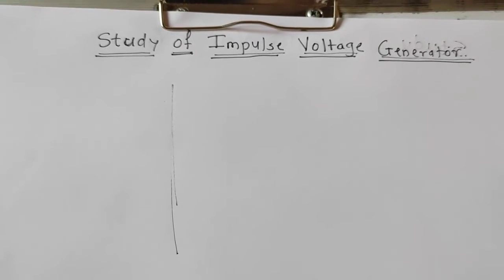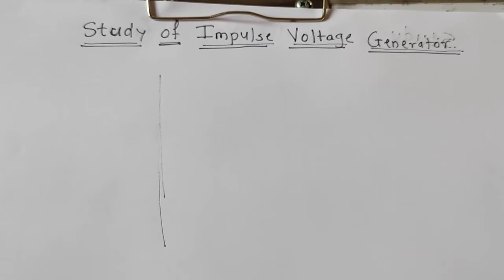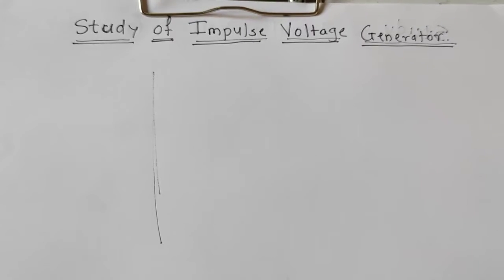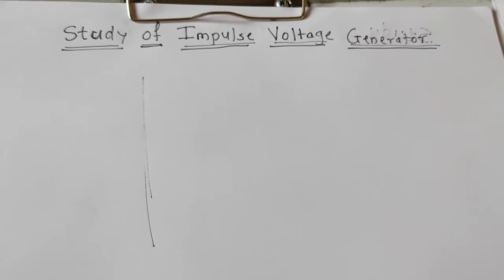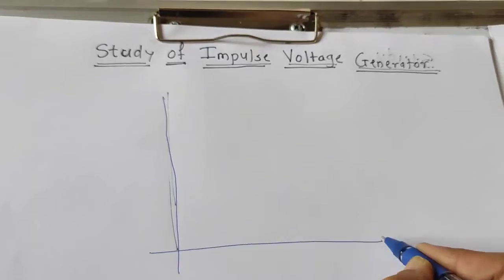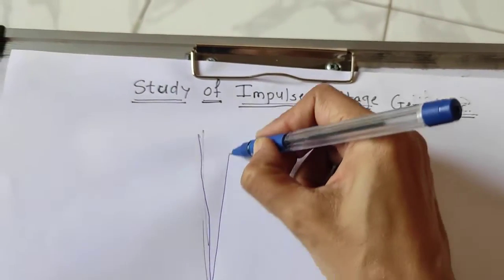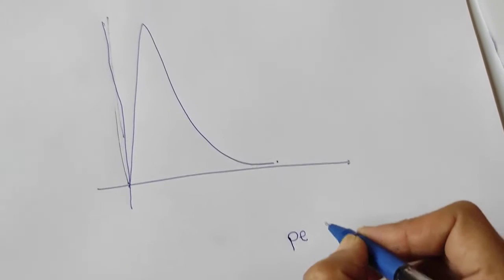Hello friends, let's perform today an experiment: study of impulse voltage generator. So before starting with the experiment, we will see first what is an impulse voltage. So impulse voltage is nothing but a unidirectional waveform which is characterized by a peak value,